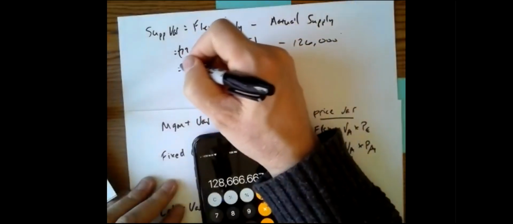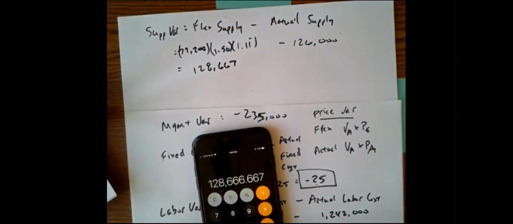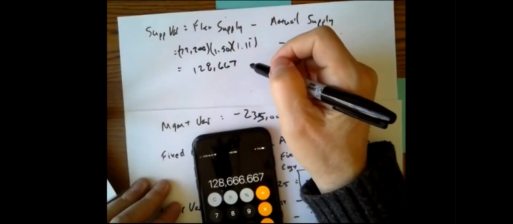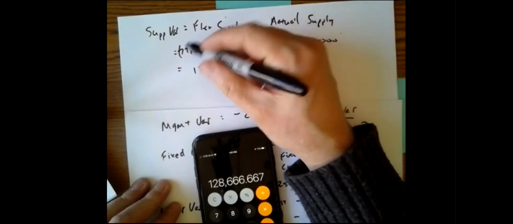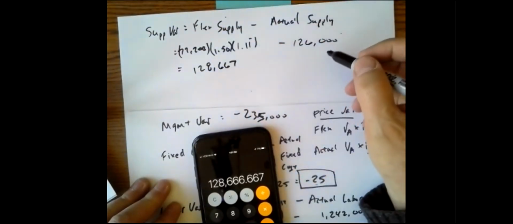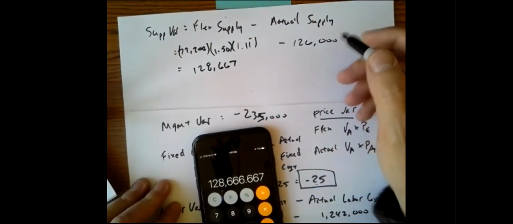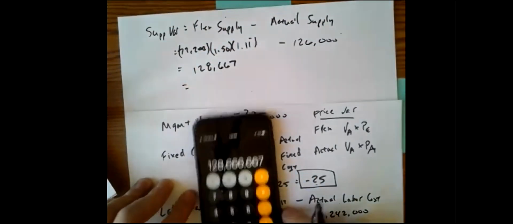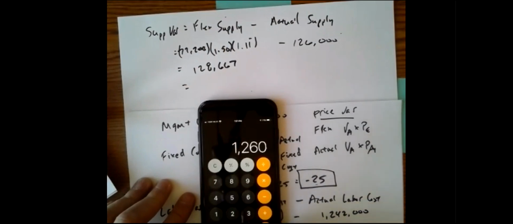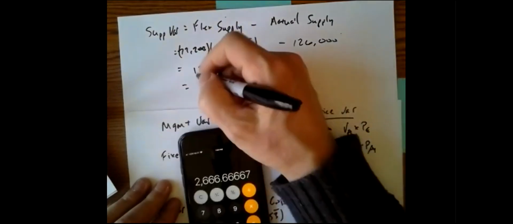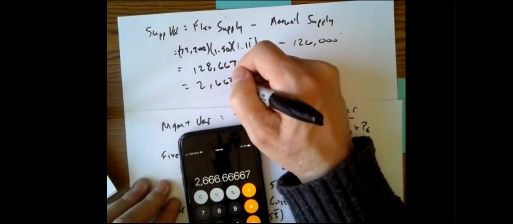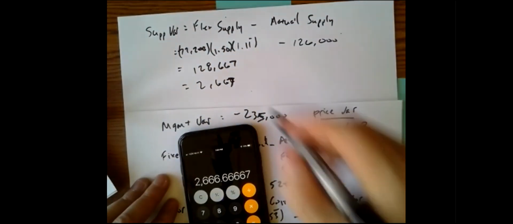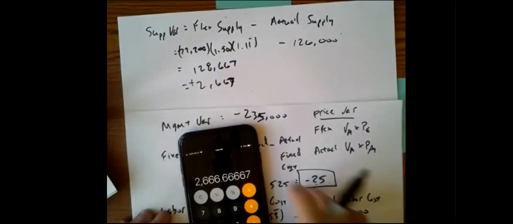So our flex supply based on the expected price and the actual volume should have been 128,667. We actually spent 126,000. So in this case, they actually managed their supplies better. So they had a positive variance of